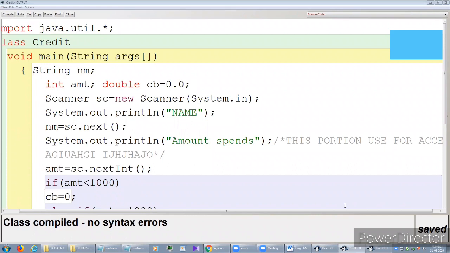Only the new thing we introduce here is comments. 3 types of comments are there: single line comments, multi-line comments, and documenting comments. So what are the differences? In a single line comment you have to give 2 slashes, and you can give the comment within a single line. And for multi-line comments, you may use this multi-line form. And for documenting comments, you can create the documentation. That means you can write a paragraph there to explain something.